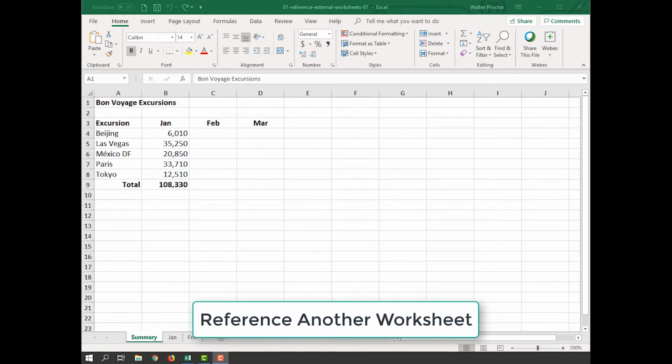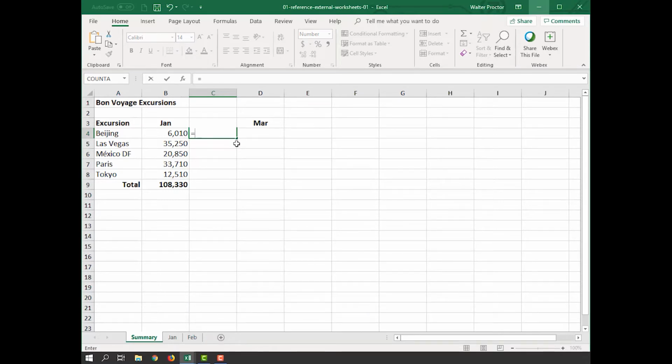To reference another worksheet, you'll click in the cell where you want to insert the reference. So if you would, on our worksheet, click in cell C4, and then we want to tell Excel to do some work. We use the equal sign whenever we want Excel to do work. Now you could type in the name of the sheet and then the actual cell reference, but it's a lot easier if you simply click on the January worksheet at the bottom